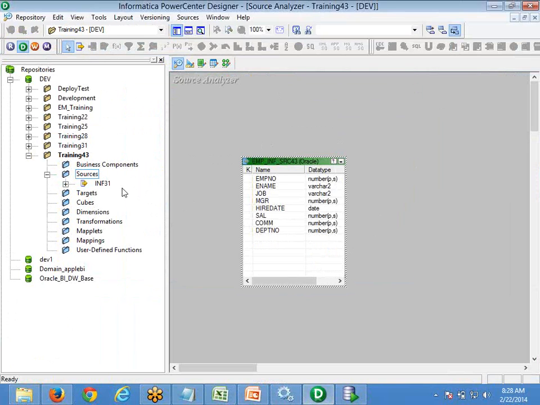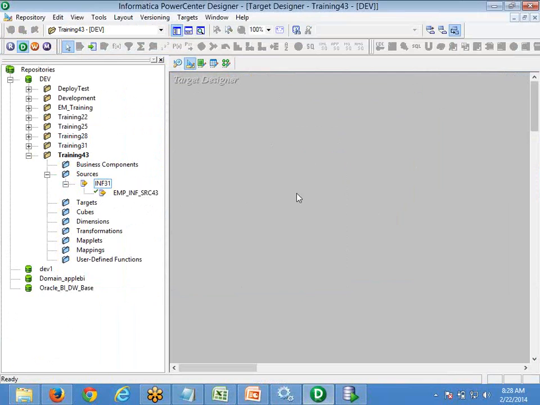Since you have imported it, you are going to get it here. In the same way, you can also do it for targets, which we'll see in tomorrow's class. All will be overloaded, so this is all introduction: what components are there, the look and feel. From tomorrow onwards, we'll get into the actual development: the sources, targets, how to link them, and how you run it. Any questions or any other things, let me know.